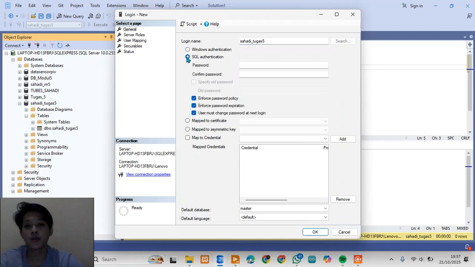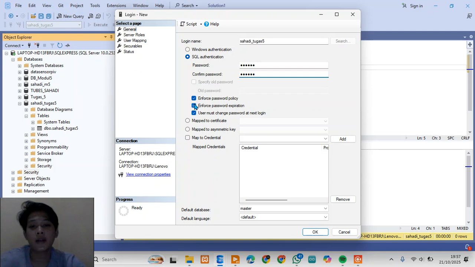I select SQL authentication, and I add a new password and confirm the password.